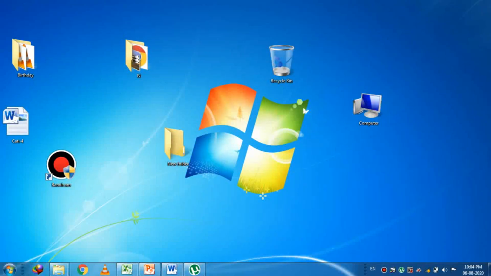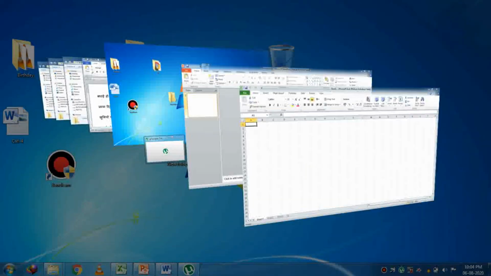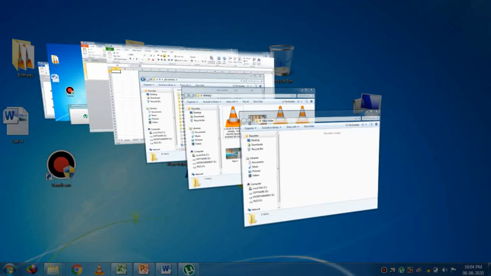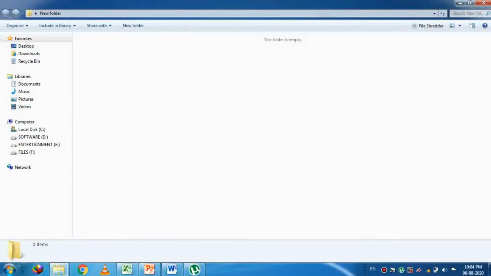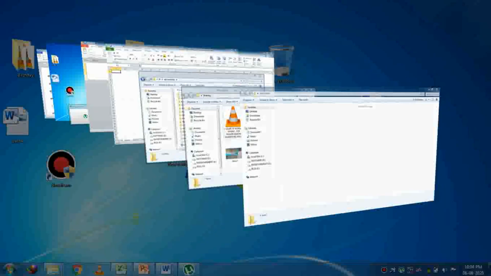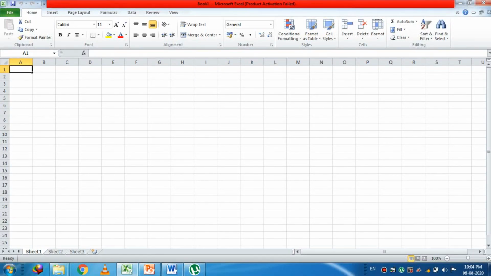Next one, Windows Flip 3D. Windows Flip 3D is an attractive option in Windows. Windows key plus tab. If you press Windows key plus tab, you can see all the currently working applications on the window. It will go as a slideshow on the desktop. Now I want this folder, it will come. No, I don't want that, I want to work on the Word only, then you can open the Word. No, I want the Excel file here. You can shuffle by the 3D option in your computer. This is Windows Flip 3D.